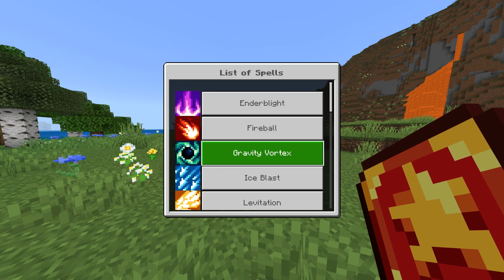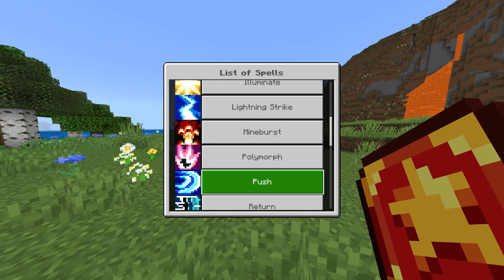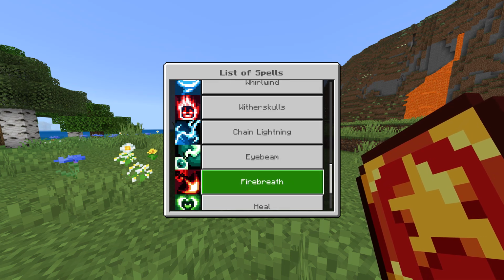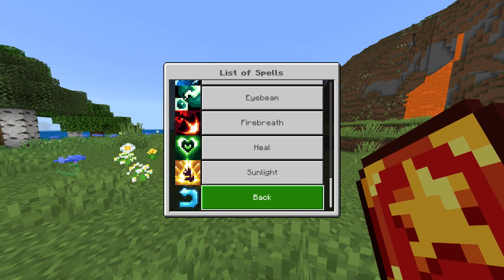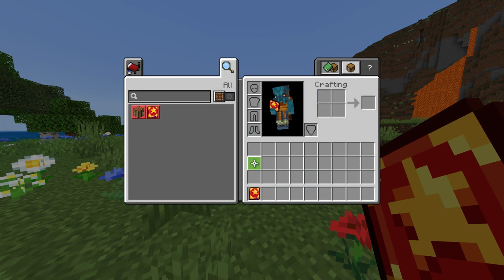I think it said in the marketplace, but, so 4, 5, 6, 7, 8, 9, 10, 11, 12, 13, 14, 15, 16, 17, 18, 19, 20. 20 different spells. Holy, dude. That is amazing. All right, so what I think I'm going to do...